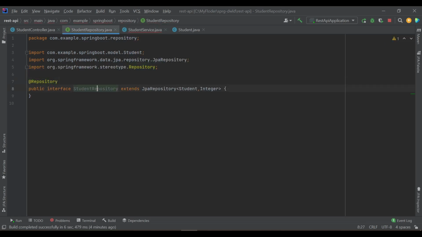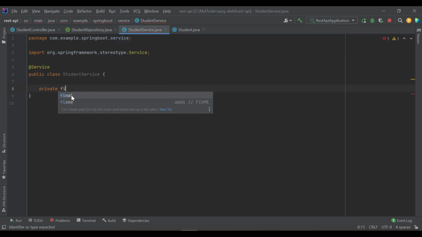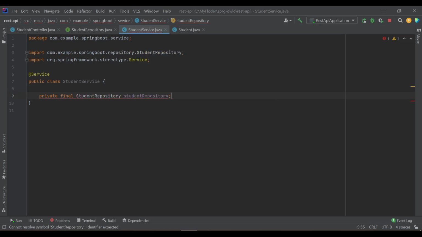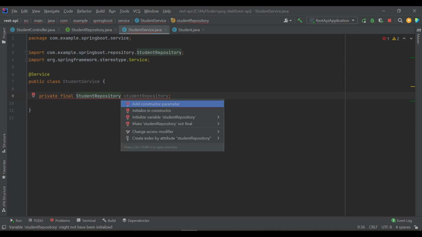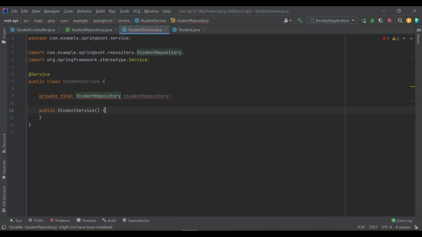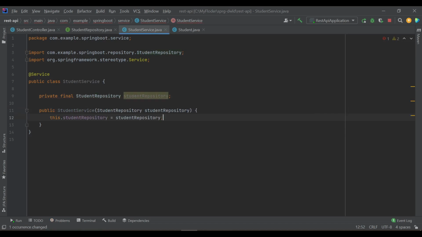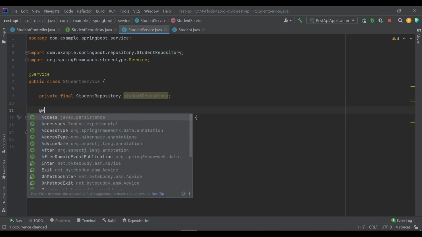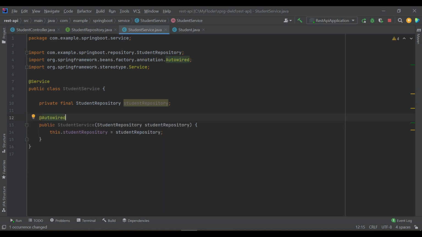So I will take a private final student repository, and let's fix this. I will autowire as a constructor injection in the student service, right? You can do it with field injection, but I prefer using constructor injection.